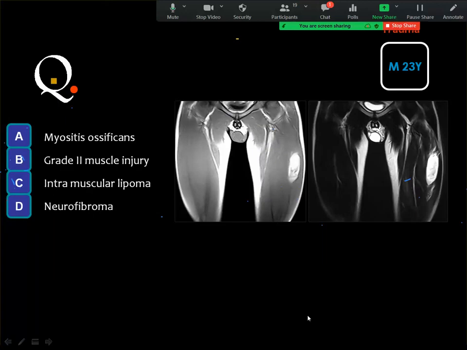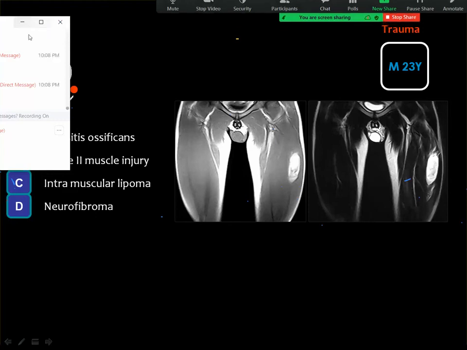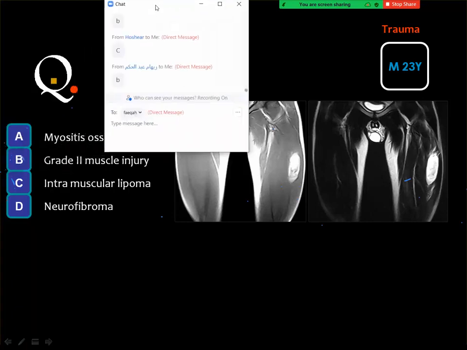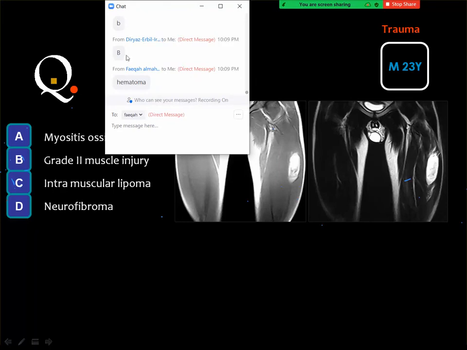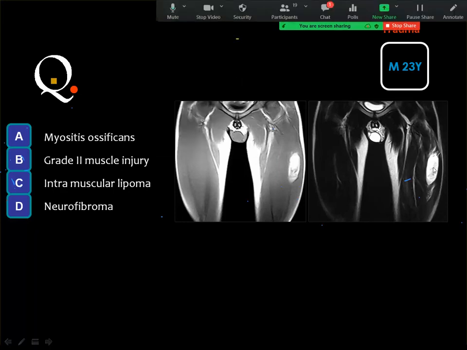Then this patient with MRI of the side, T1 and T2 weighted images. Lymphoma, B, grade 2 muscle injury, hematoma. Yes, right. This is a bright lesion in the T1 and also a bright lesion in the T2 weighted images, indicating the